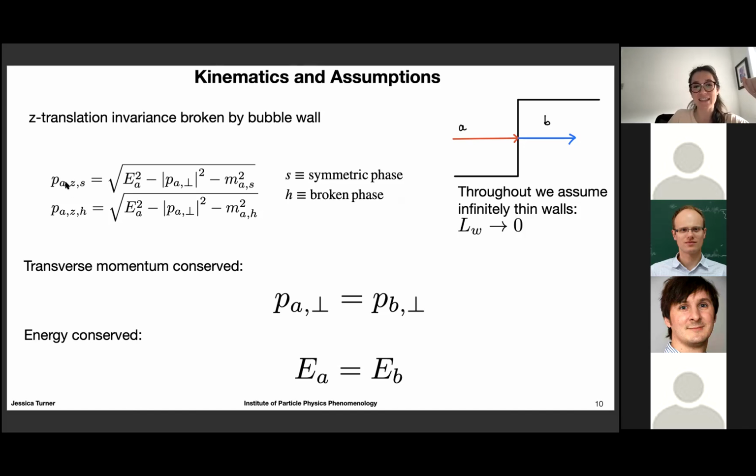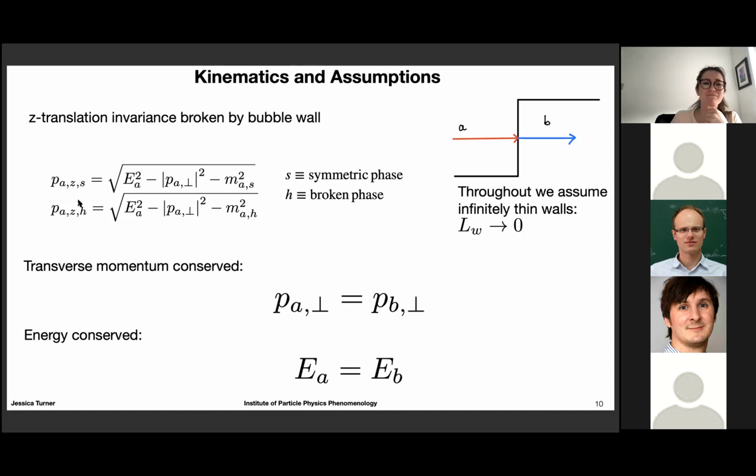So this is the Z momentum of particle A in the symmetric phase. And we define this via the following dispersion relation. So it's simply its energy squared minus its transverse momentum squared minus its mass squared in the symmetric phase. So S here will be standing for symmetric phase, and H will be standing for broken phase. Those might be mixed up between soft and hard, but if they're ever on a kinematic observable, it means symmetric